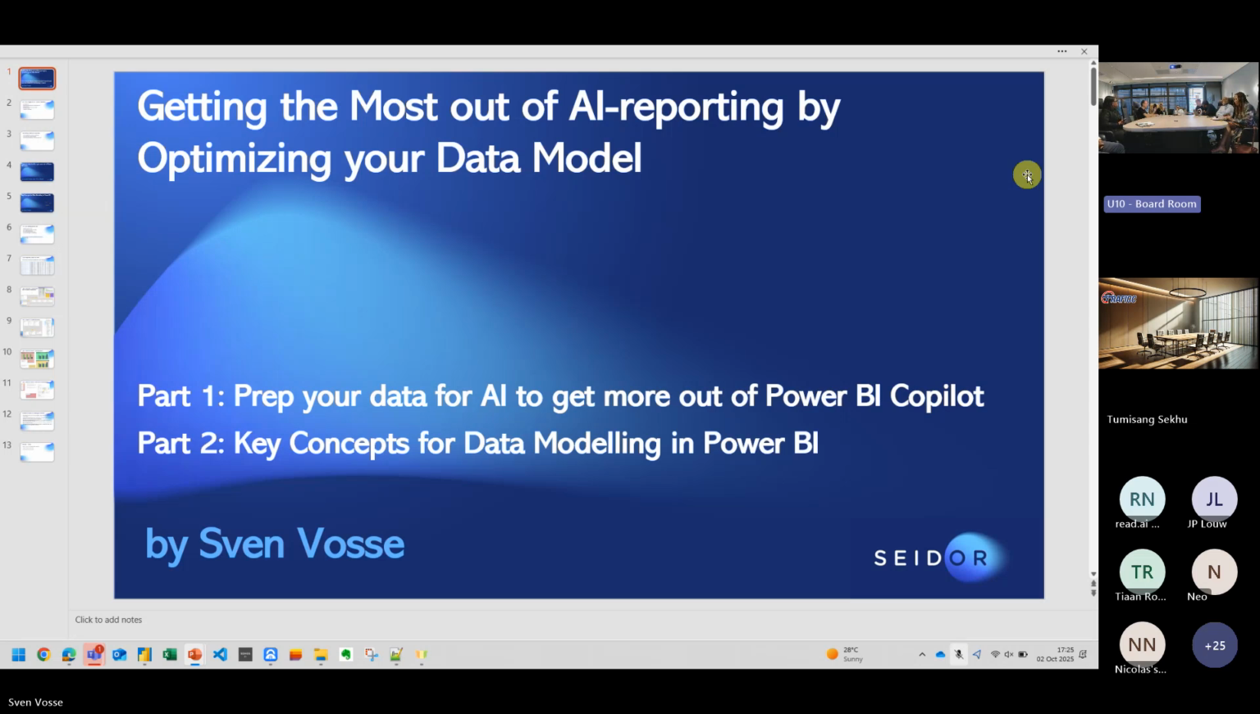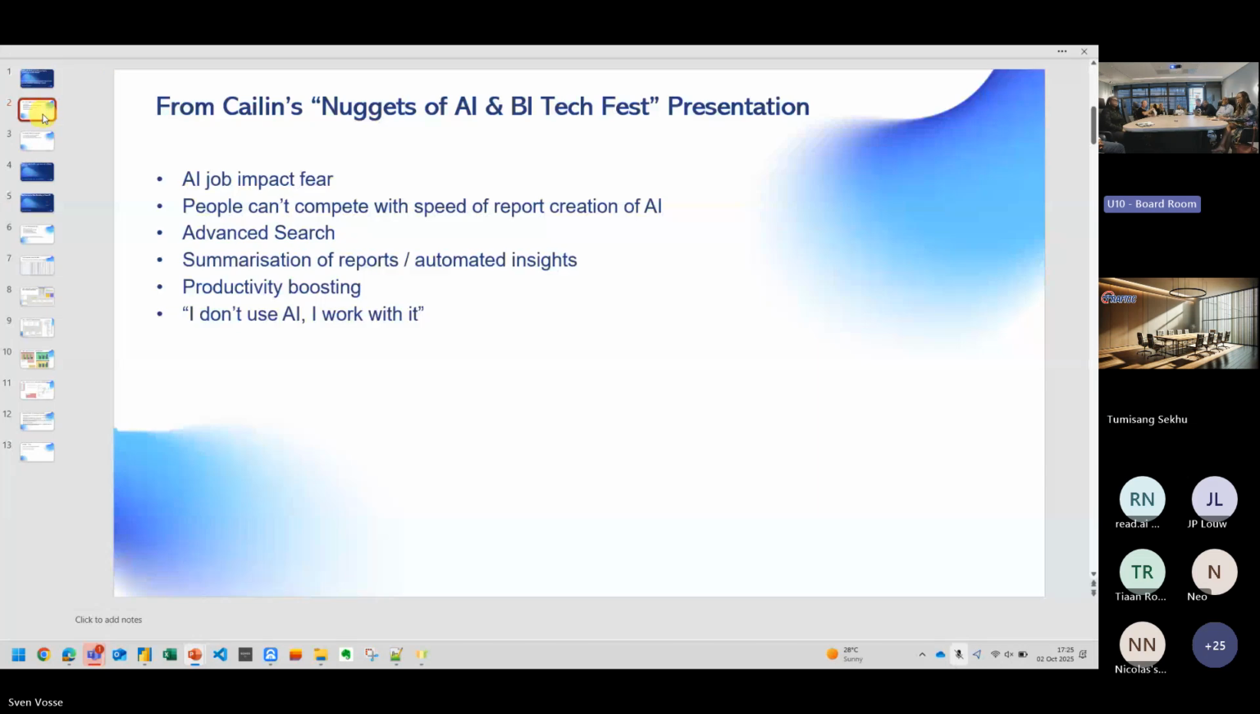This is the part 1 and the part 2 here. And it carries on from what Kaylin spoke about. So that's what we're doing now for the rest of the session. So just almost as a refresher or a reminder, from Kaylin's content last time,